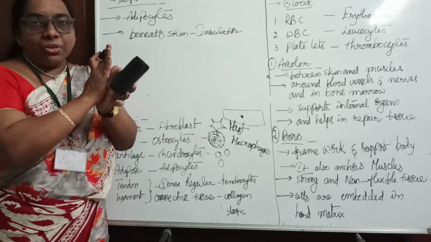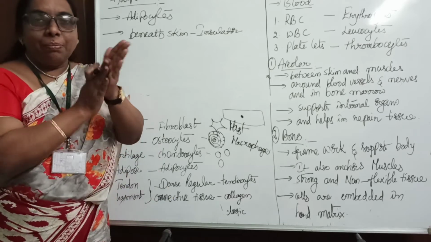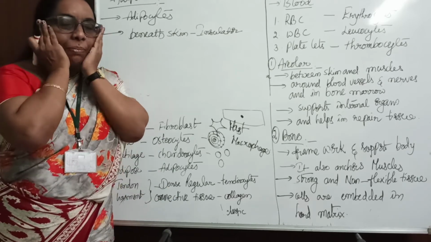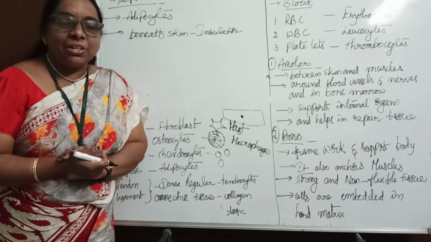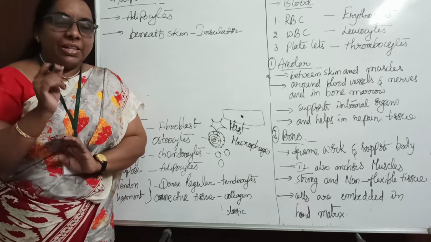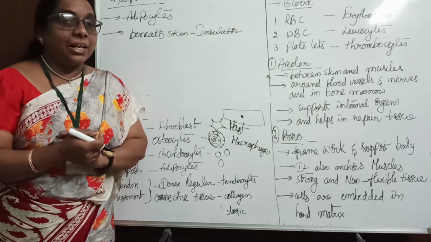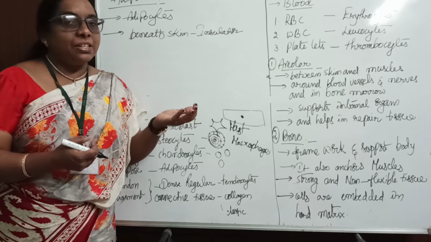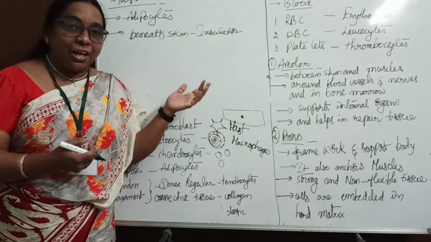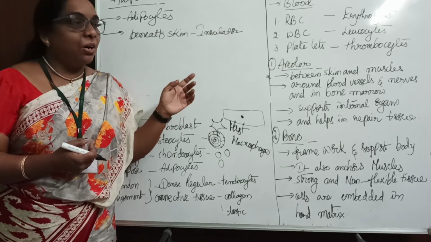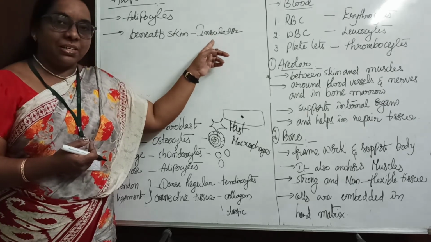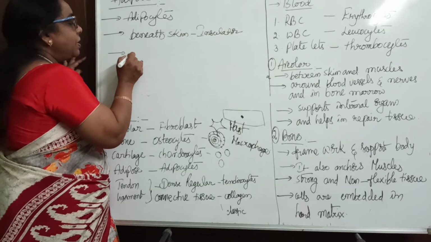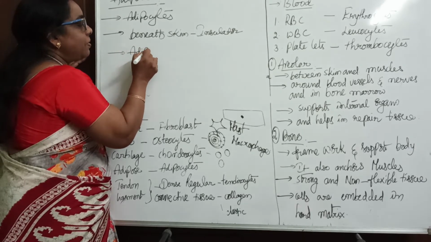Generally, we do this during the winter season. What do we do? You rub your hands like this and keep them like this, so we get a little heat and warmth. With that activity, you can know that fat acts by producing energy in the form of heat. It does not allow the heat to go out. That is the meaning of insulator. The cells present in adipose tissue are called adipocytes.